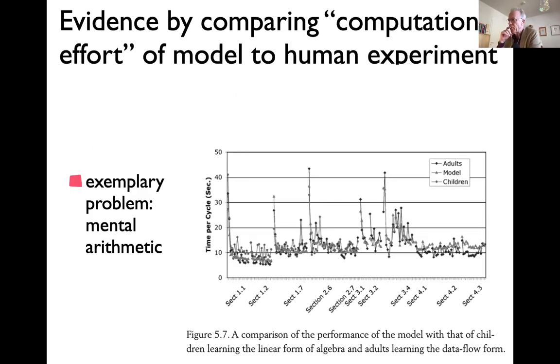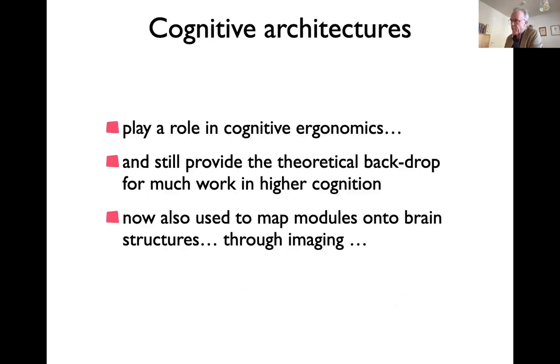You can skip that. So here's an example of the kind of data they account for, like the time per computational cycle, and they look at different operations that are being done and compare the model to adults and to children, and overall patterns are reproduced. And these are not very constraining data, I have to say, but that's the kind of thing they do. So it's not incompatible with mathematical psychology, but it's much more macroscopic in its approach. Okay, I don't want to go too deep into that.